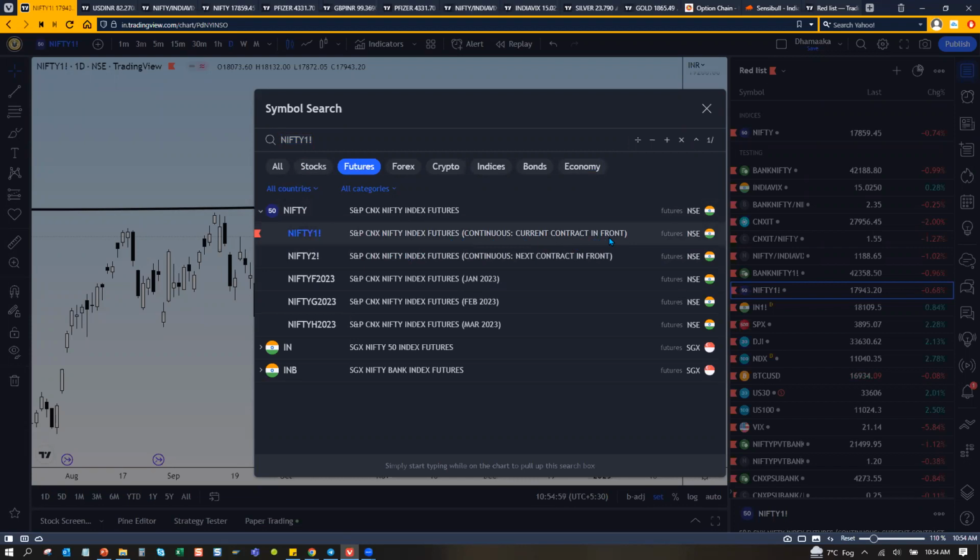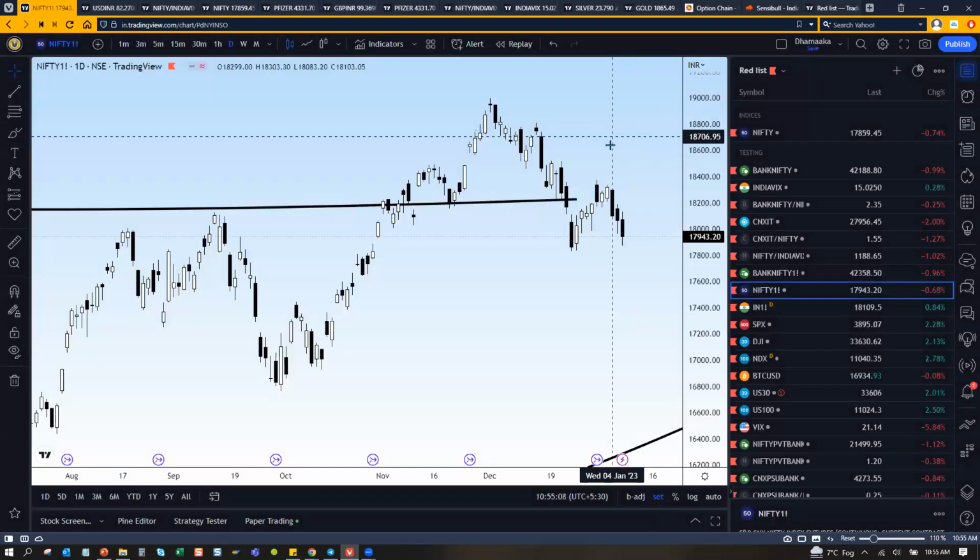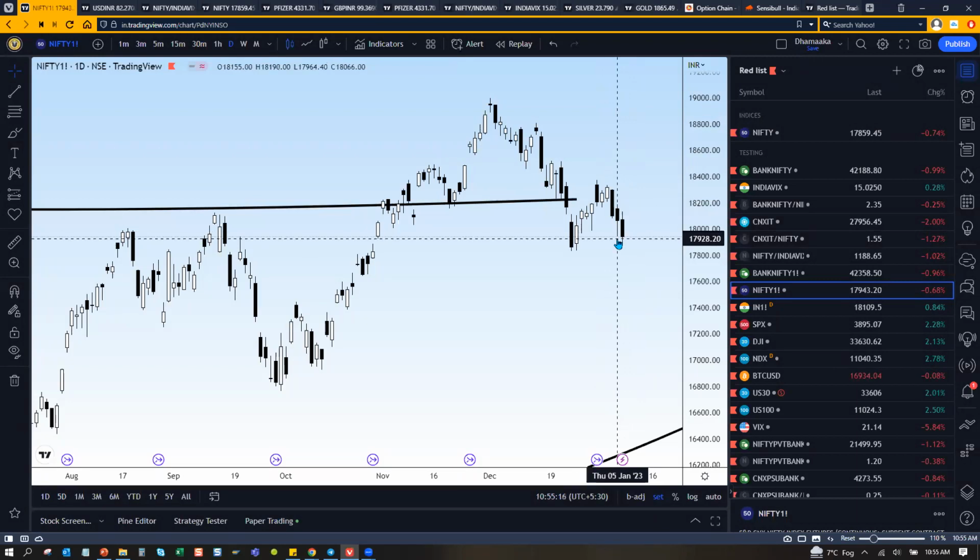So we are in January month. So this is the January month contract. The next month contract, you will see it over here. So as and when on expiry, let's say 25th Jan is expiry, the next day it will automatically be the February month contract. Okay, so you don't have to every time remove expiries and add expiries for futures. So you've done it once, it's done and dusted.